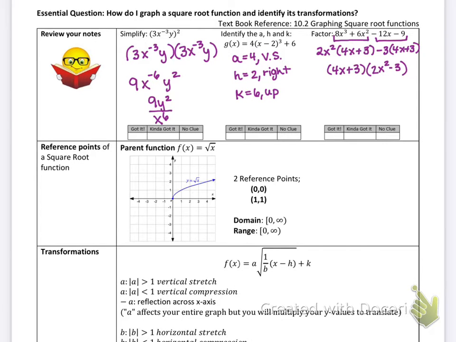Hey everyone, today we're going to be talking about how to graph a square root function. So what you see on top of the screen is just a little bit of review of things that we've done in our previous units or things that you might have done in Integrated 2. I wanted to show you the answers here with all of the work just in case you were interested in